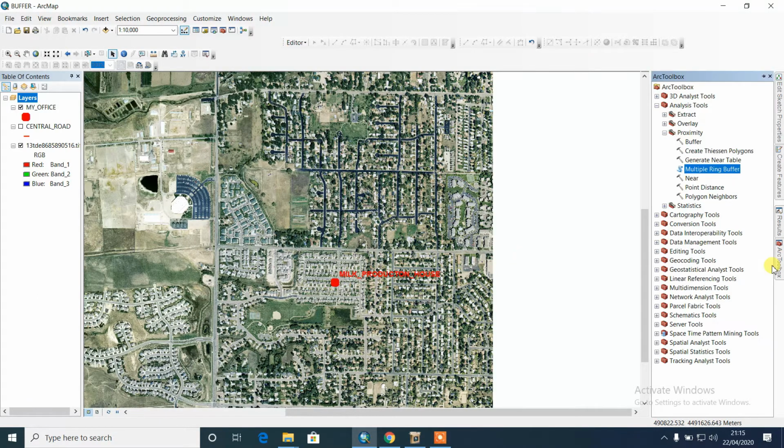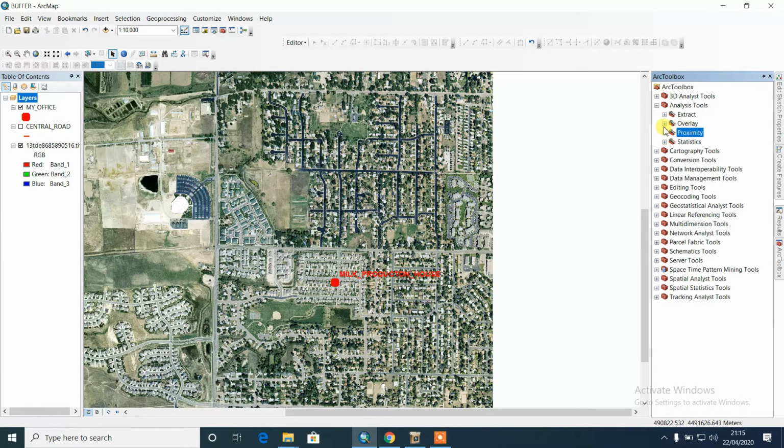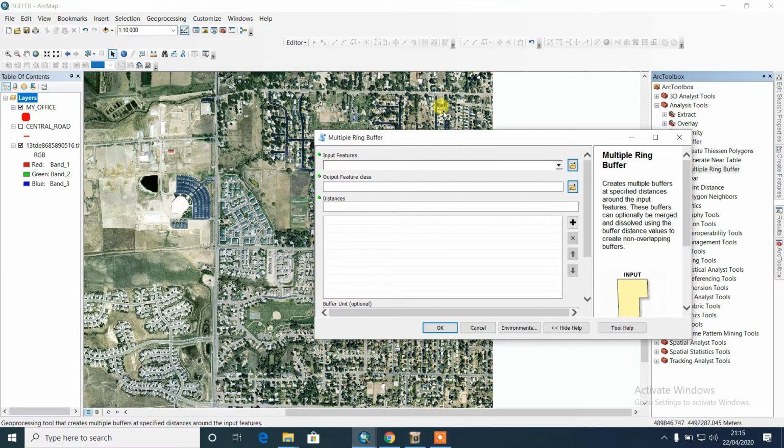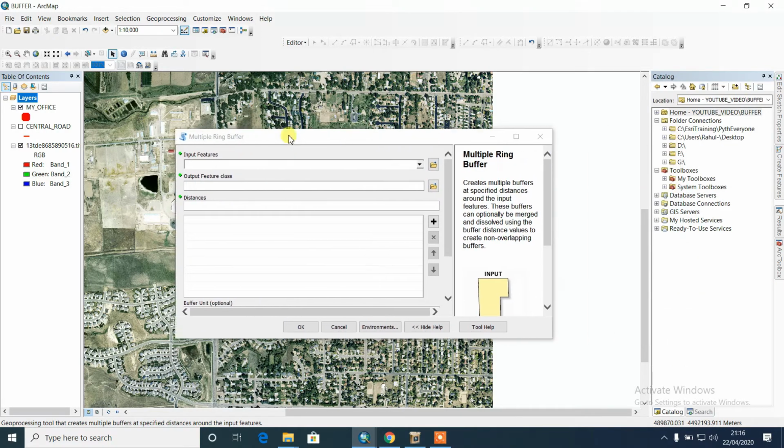Within our toolbox, in the analyze tool, just below the buffer, you can find the multi-ring buffer. I think based on the name you can guess what the result is. Yes, let's explore. So this is my multiple ring buffer tool.